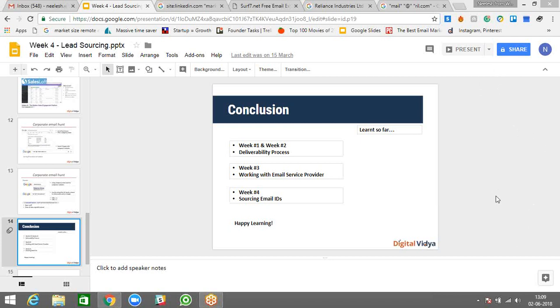For example, if I'm a startup and I deal in a specific service and my clientele is B2C, can I extract email IDs using any specific query for a related service?